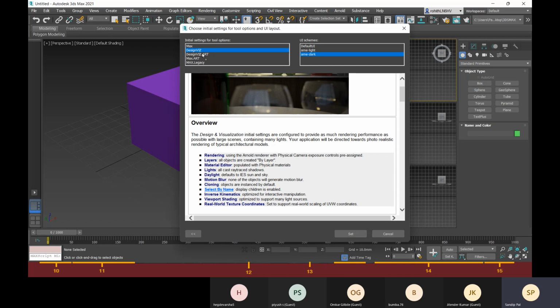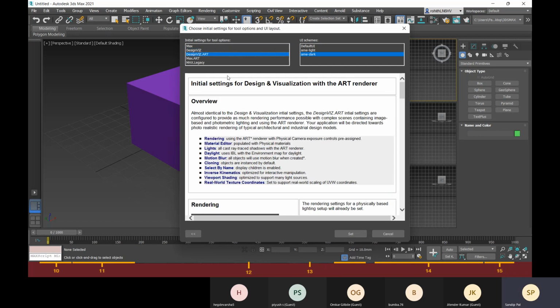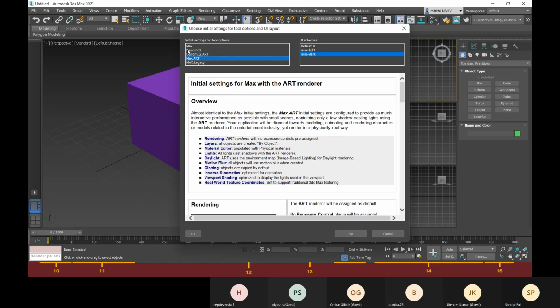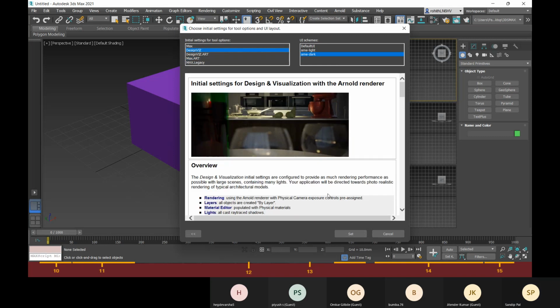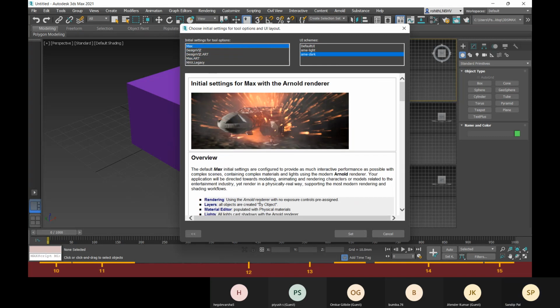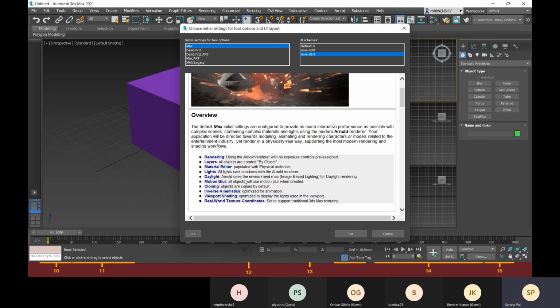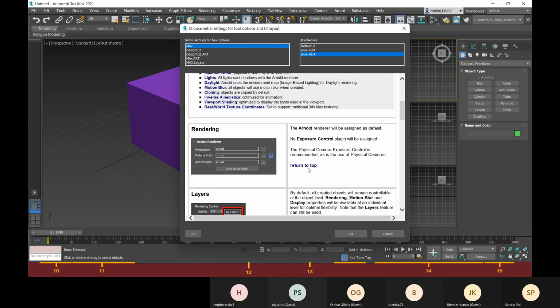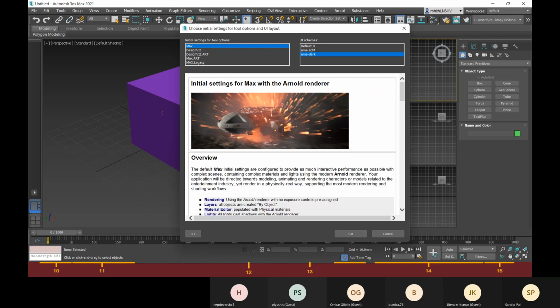If I choose this, I have this option where everything will change accordingly. So these are the options. You can read these according to your purpose and choose what you need.